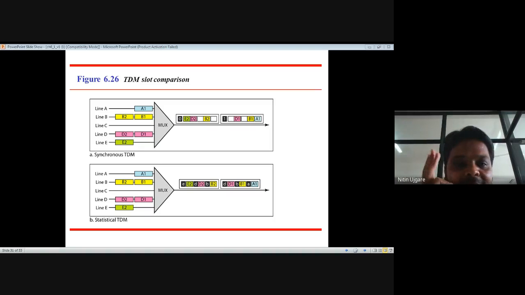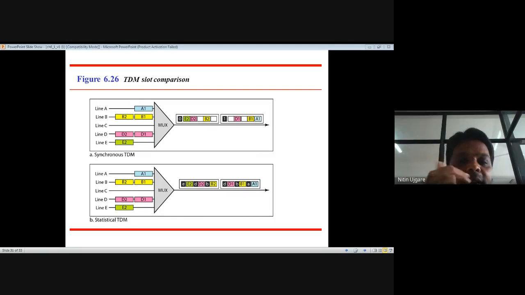There are three different concepts in statistical time division multiplexing: size of the slot, synchronization bits, and bandwidth. I'll take 1 minute more and then I will finish. I know we are running late. In slot size, since a slot carries both data and the address in statistical time division multiplexing, the ratio of the data size to address size must be reasonable to make the transmission efficient. For example, it would be inefficient to send 1 bit per slot as data when the address is 3 bits. So in statistical TDM, the block of data is usually many bytes while the address is just a few bytes.